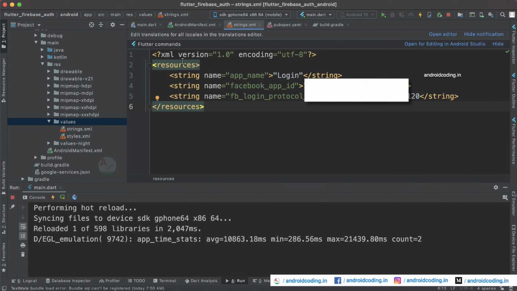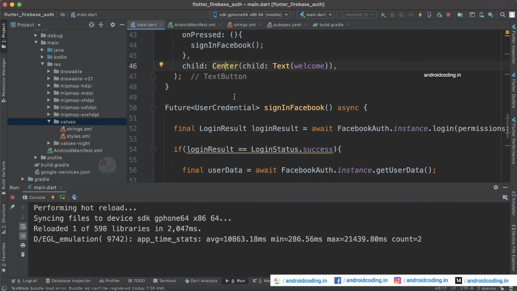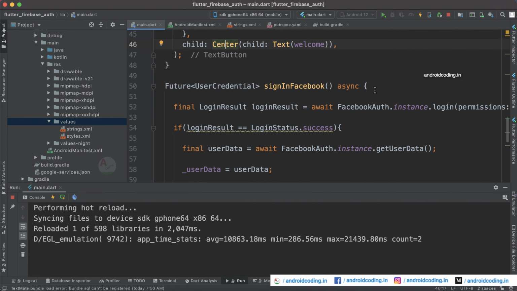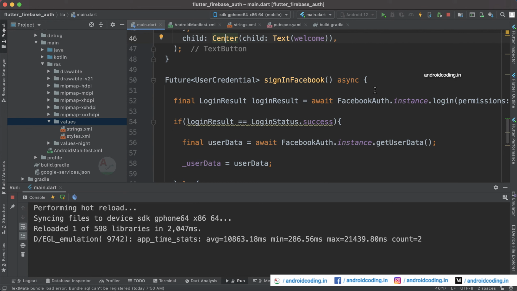And this is the configuration for the Android application, and in coming tutorials we will be seeing the configuration for the iOS application as well. So this is it for the app side configuration and the Firebase and Facebook console configurations.